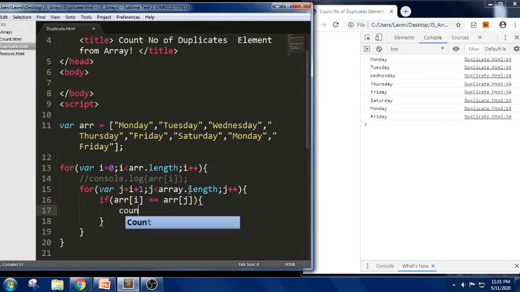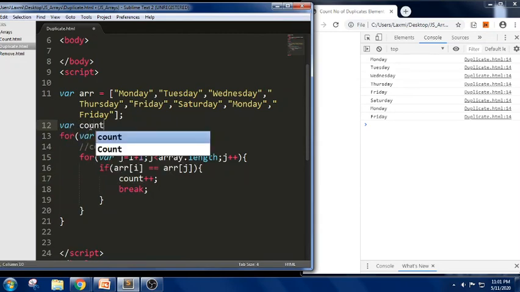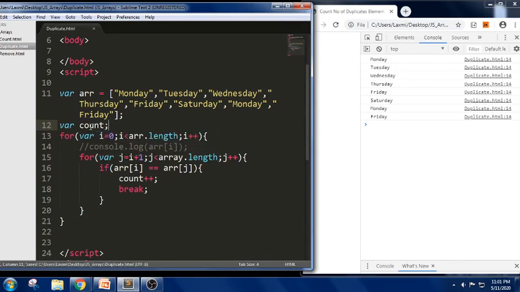If both elements are equal, it will try to increment the count, or it will try to break. As we haven't declared the count variable here, let us declare a variable count. If both the elements match, it will increment the value of this count.